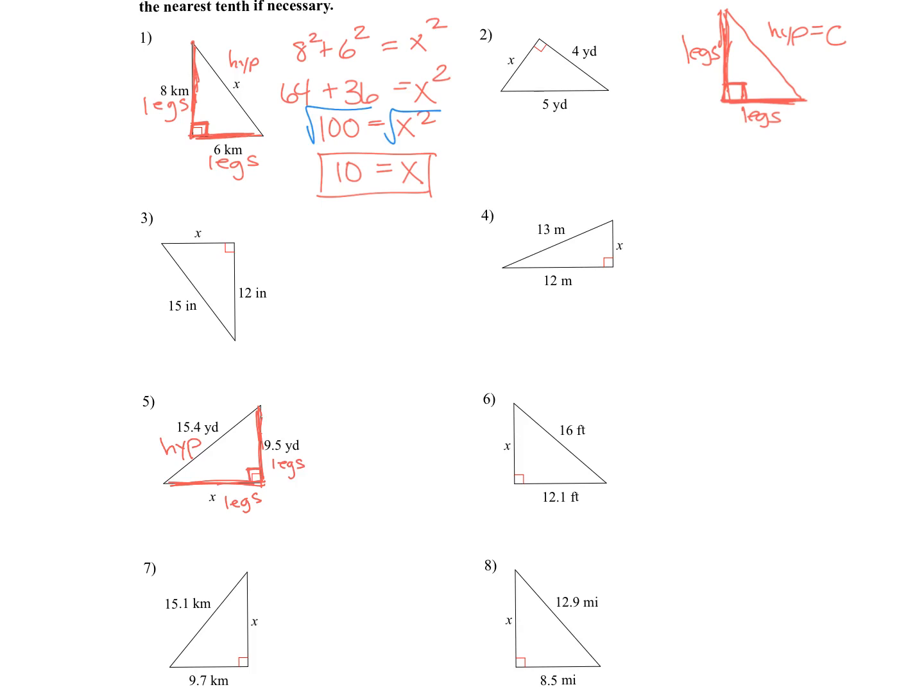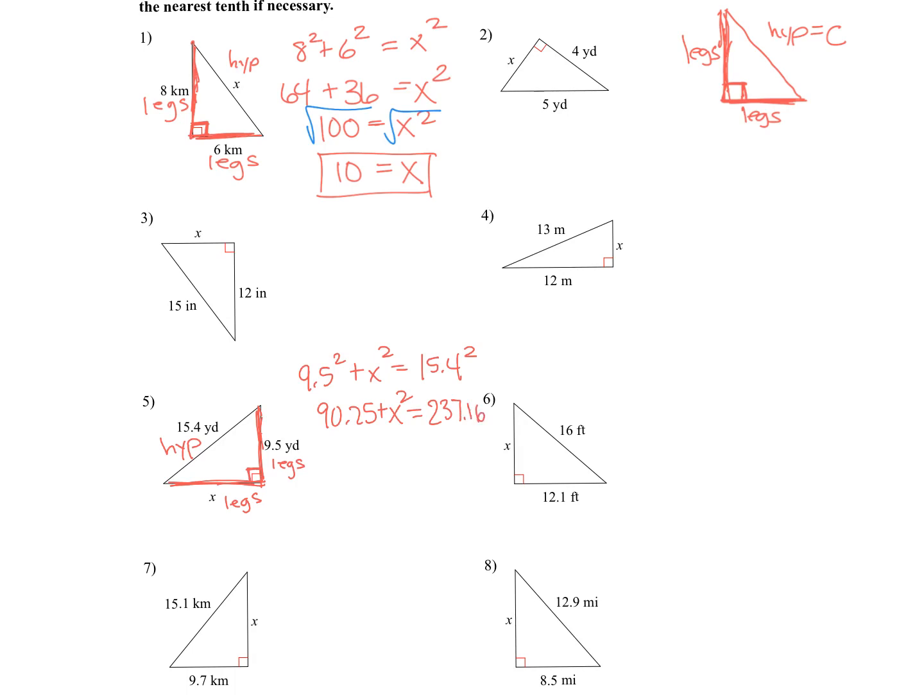So let's write this. It doesn't matter which one I put first, so I'm going to put the 9.5 squared plus x squared equals, now I'm going to do my hypotenuse, the longest side, the one across from the right angle, and that's the 15.4 squared. So just like last time, I have to handle my exponents before I think about doing anything else. This time I am going to need my calculator. So I put 9.5 into my calculator and multiply it by itself, or I square it, and I get 90.25 plus x squared equals, and now I'm going to square 15.4, and then I get